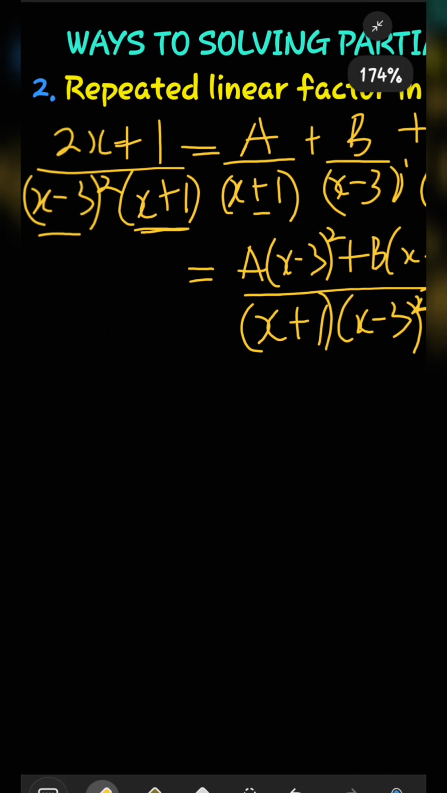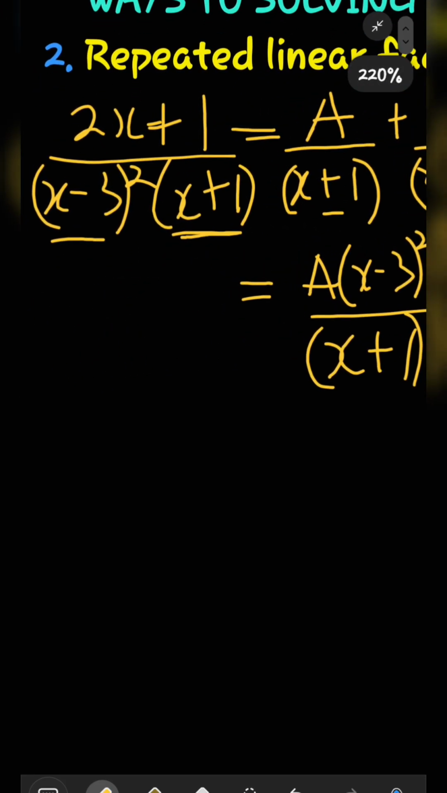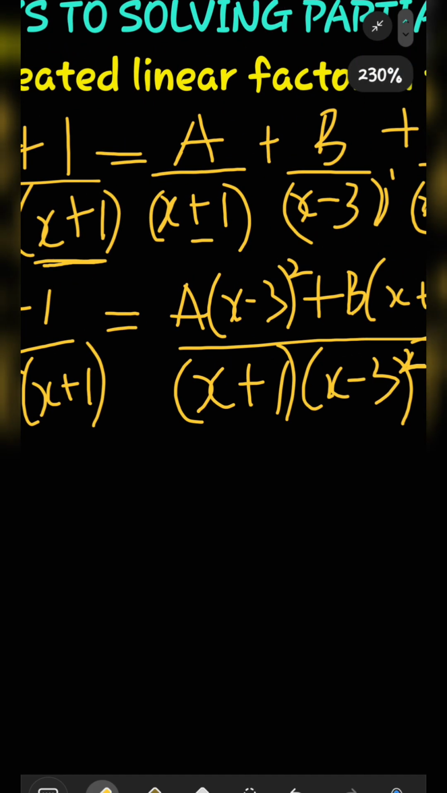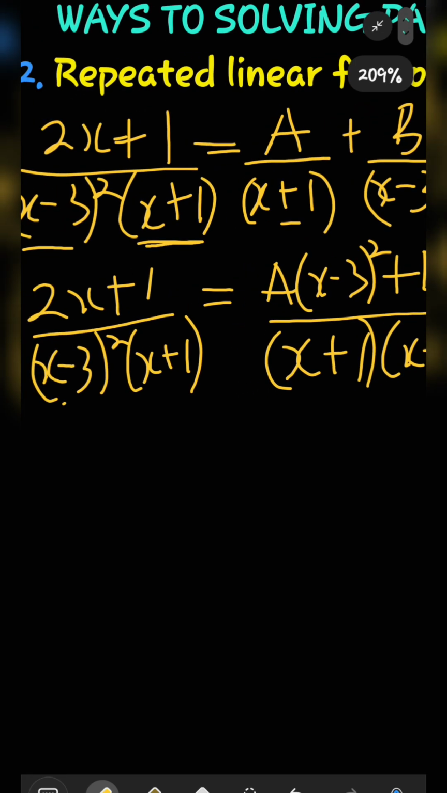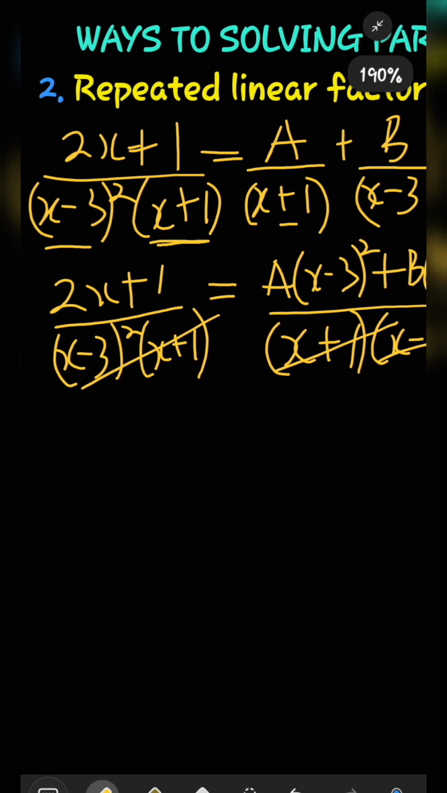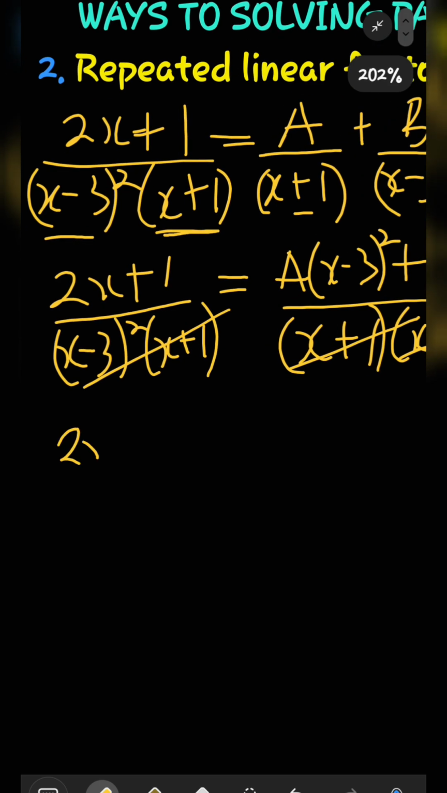So I will write the left hand side, which is 2x plus 1 over x minus 3 all raised to power 2, x plus 1. If you look, the denominator of both sides can cancel. So this cancels, so it has gone. Now we have 2x plus 1 is equal to